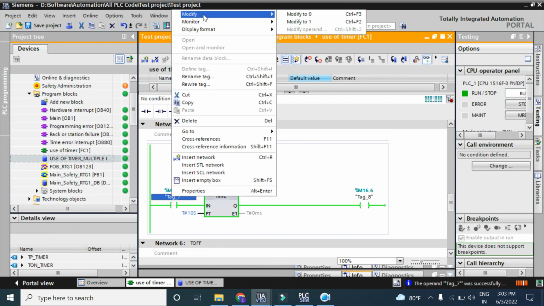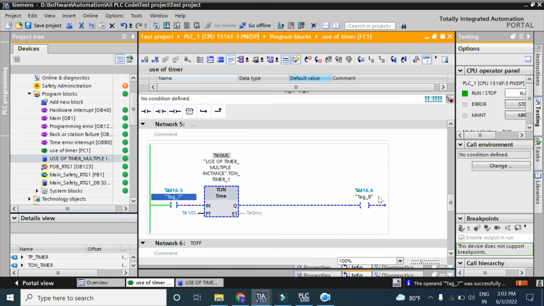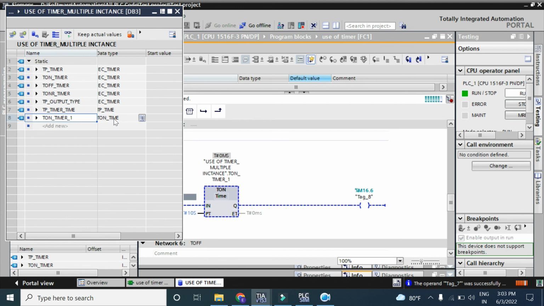When we turn it off, the output also goes to 0. So the data types TP time and T-on time are working. The IEC timer data type also works. Also the single instance data block, when you call the timer it will create that one, also works with